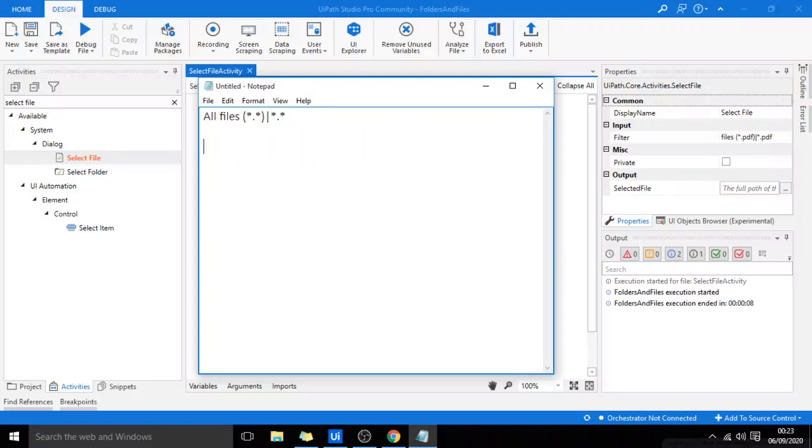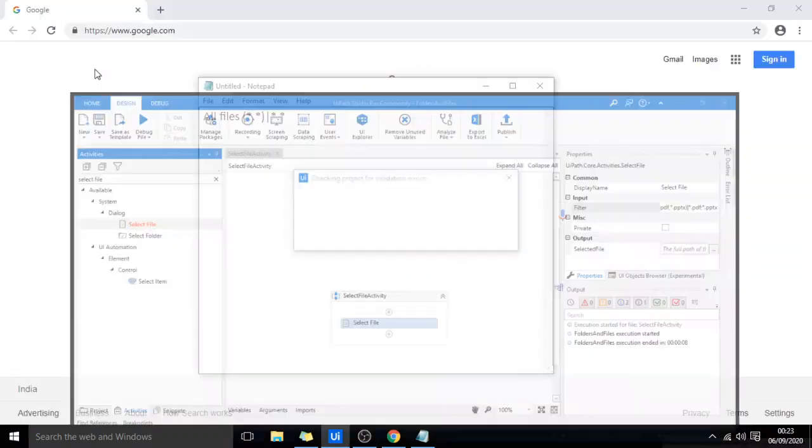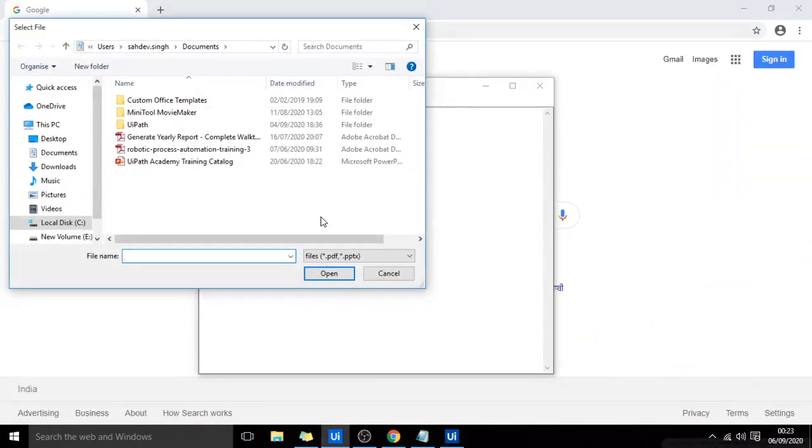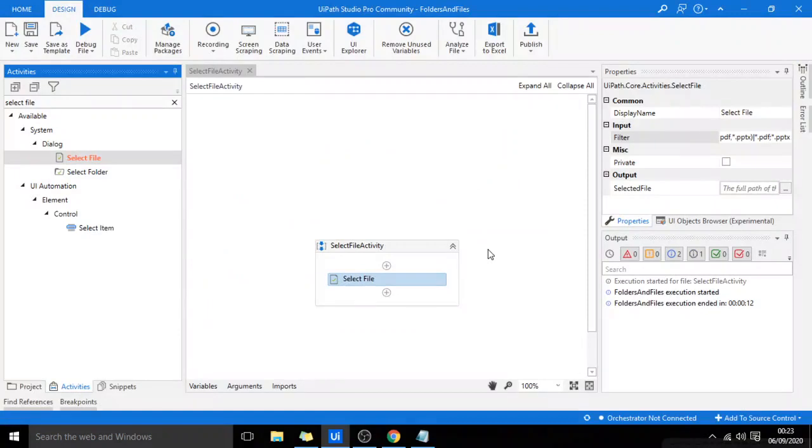I will write this expression and execute this. This time you can notice it is displaying PDF files and PPT files also. We will choose any one of them.